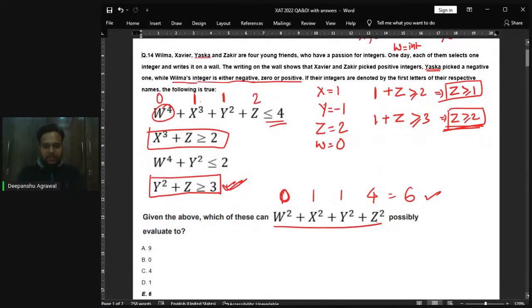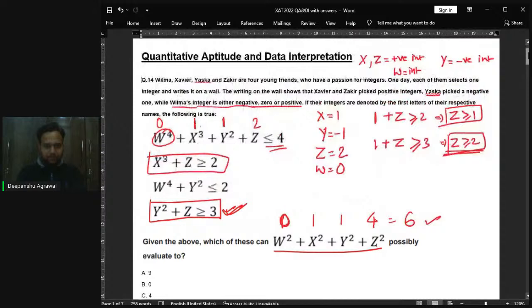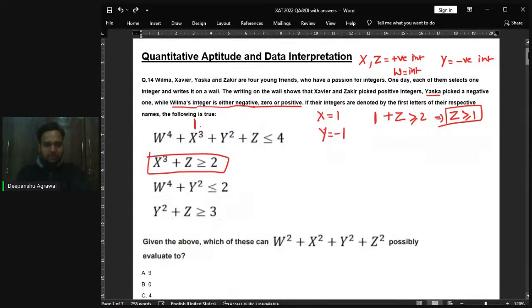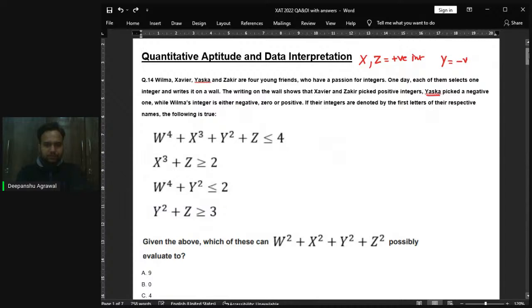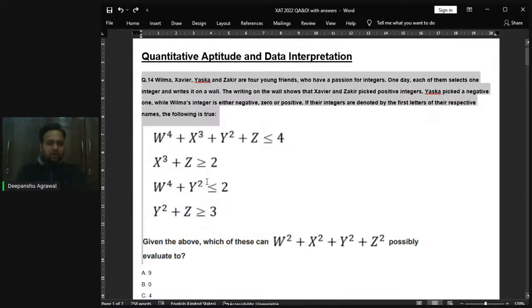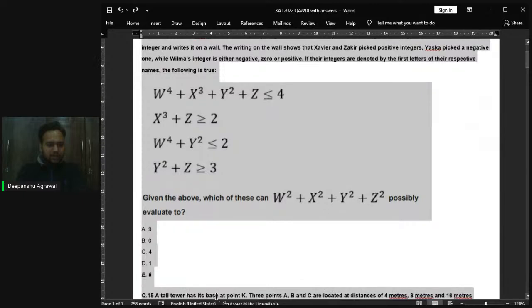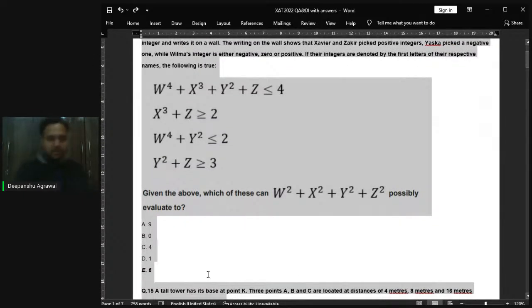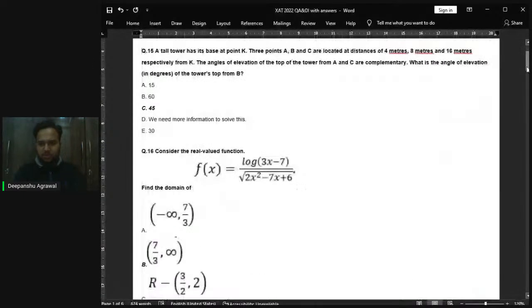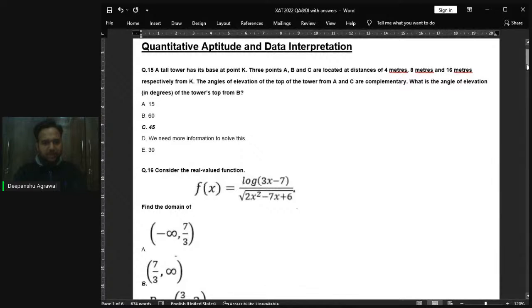Okay, so I hope this is done. Okay, let me go to the next question. To go to the next question, let me erase this so that we have enough space to solve the next question as well. Okay, so the question number 5 says